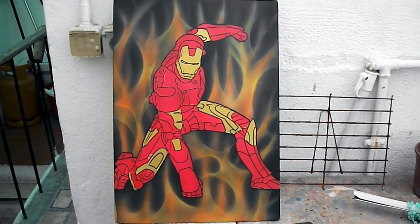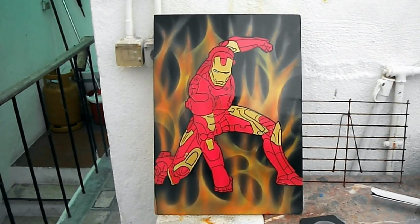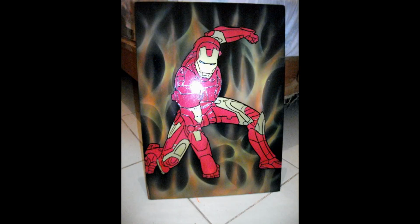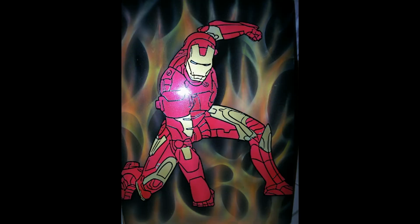So this is after I unmasked everything before clear. This is after the first coat of clear, and here are a few pictures I took in different areas to try and like get the best image, let's say, because again the camera isn't very good, the lighting isn't very good,